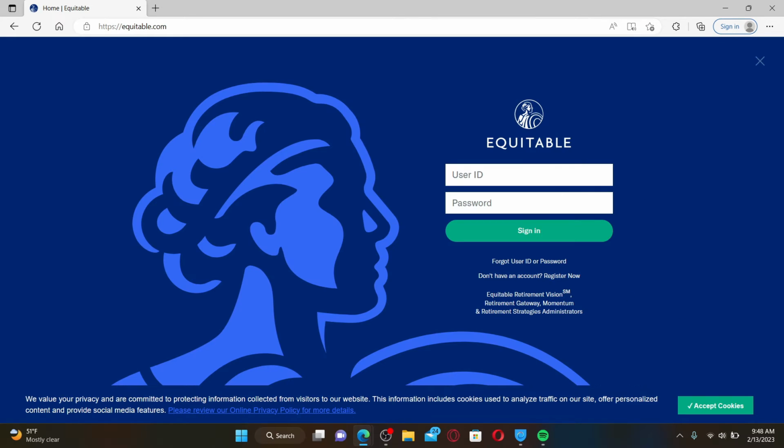In the login area, type in your username in the first text box and on the next field, type in your password. If you don't remember your user ID or your password, click on the Forgot User ID or Password link beneath the sign in button and follow through the on-screen prompts to reset to a new password or to look for your user ID. If you don't have an account yet for Equitable Life, go and click on this Register Now link and follow